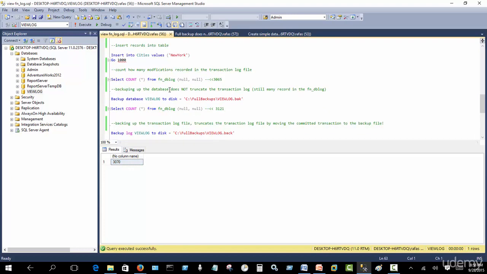to illustrate that backing up the database does not truncate the transactional log. And that's the whole illustration of this video. That is, when you have a transactional log with a tremendous amount of activity, a full backup does not truncate the logs. Right now it's 3070. So now I'm going to take a full database backup,